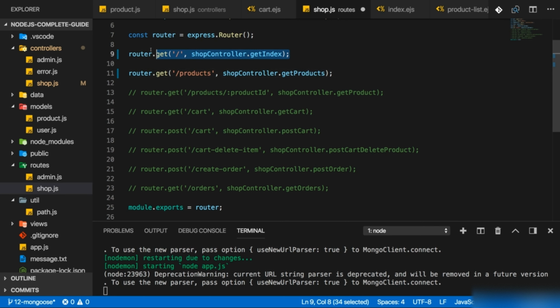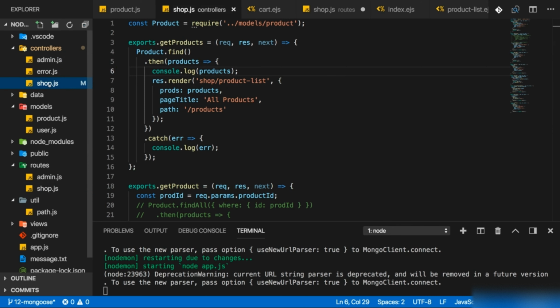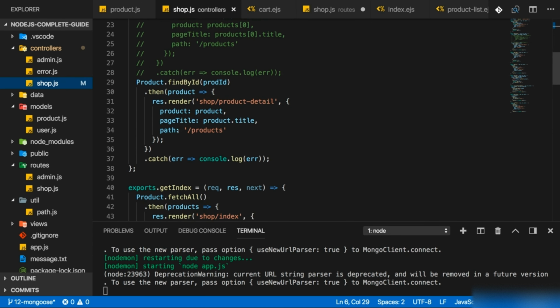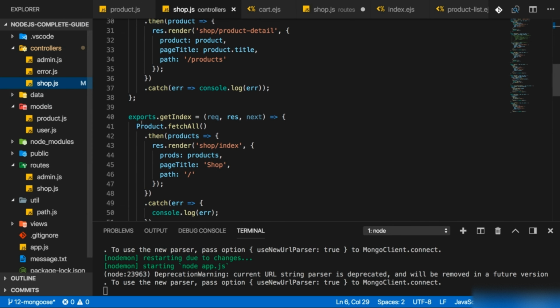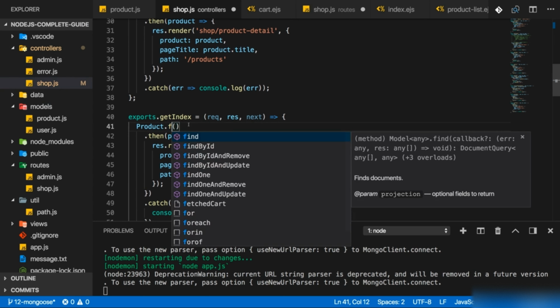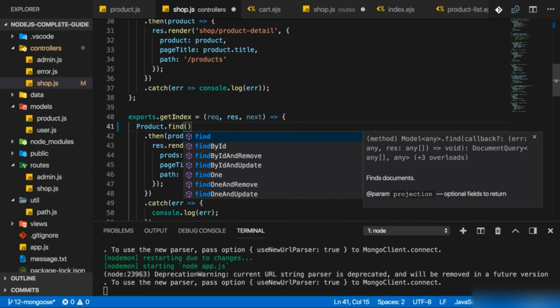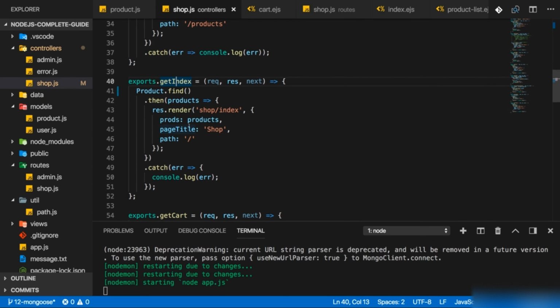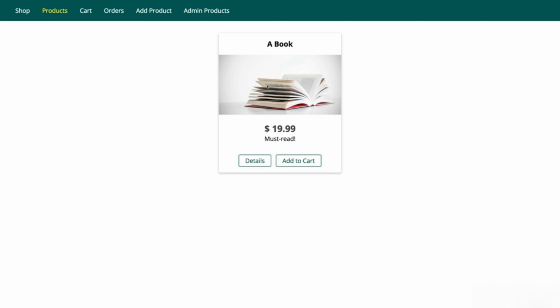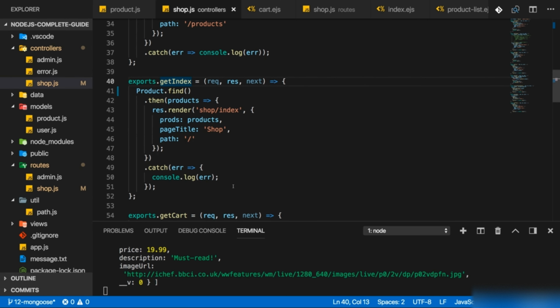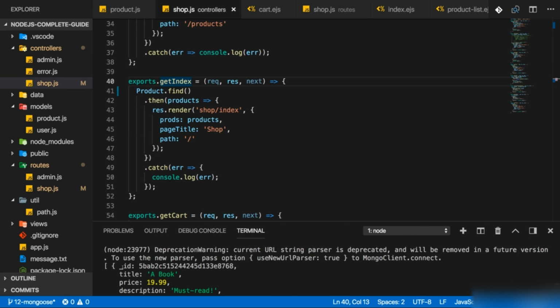And since I also did include the get index route here, I of course also need to work on getIndex in my shop.js file in the controllers folder. There we also want to use find instead of fetchAll. But that should be it. If we now save everything and we go to the products page, indeed I do see my product here, so this is looking good. And if I go back, well then I see here is the output of the data